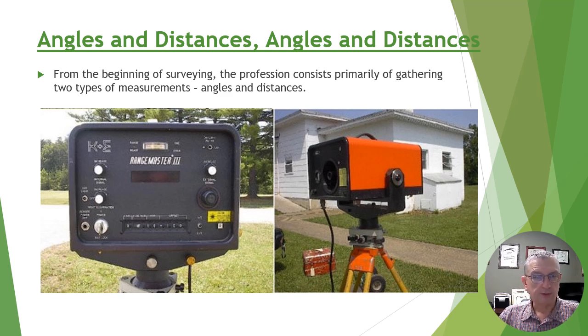So what were these measurements? Not talking about recording monument sizes and trees and what adjoining owners said. What were the measurements? Angles and distances. In this slide, you can see I took this from the NGS website. These are 2 early EDMs, electronic distance meters. They were mounted to a tripod. Now look at the size of this beast right here on the right, sitting on top of this tripod.